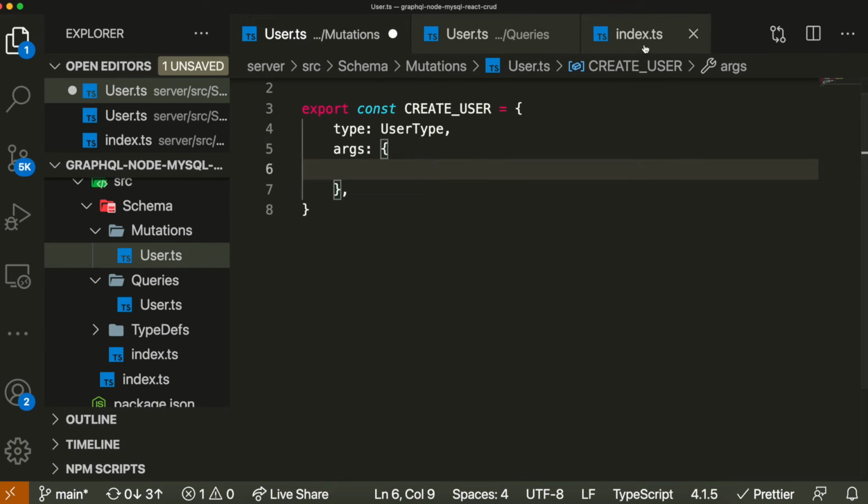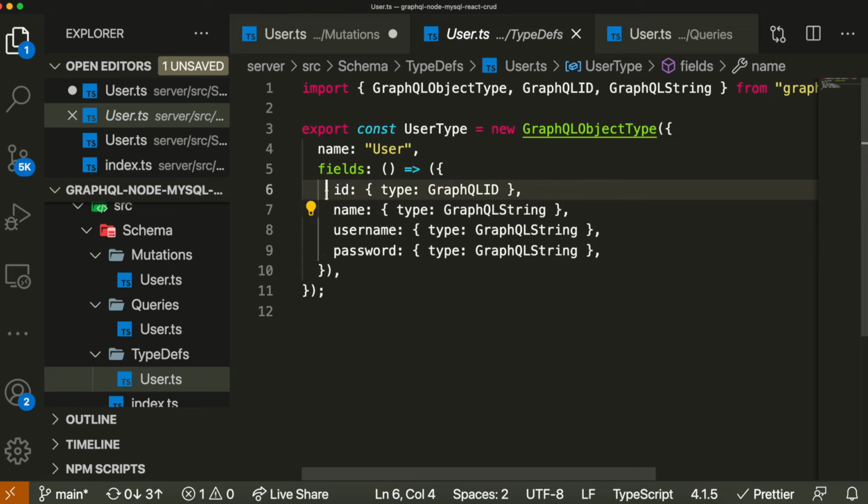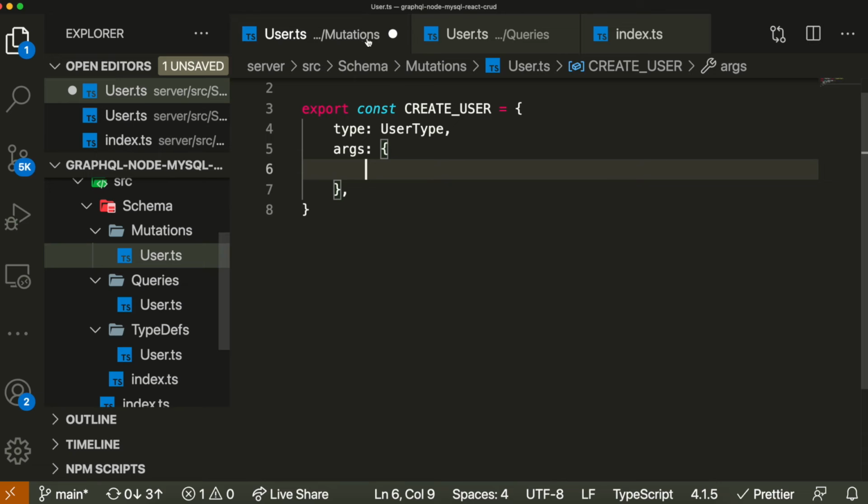So with the create user, if you recall, we created a type definition here called user.ts, which we said that we only want an ID, a name, a username, and a password. So for the create user, it makes sense to only send a name, a username, and a password, right? That's enough to add to the database. So we can come here to the mutations,